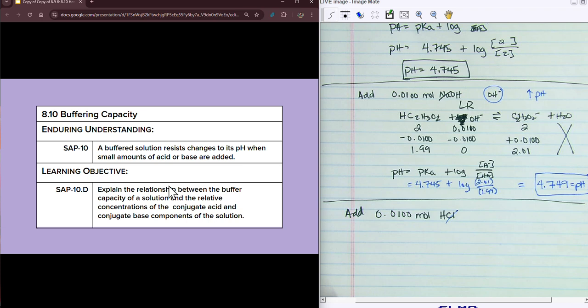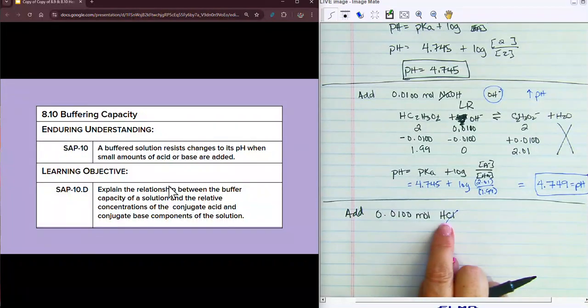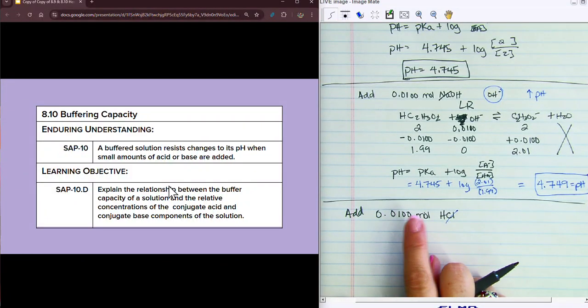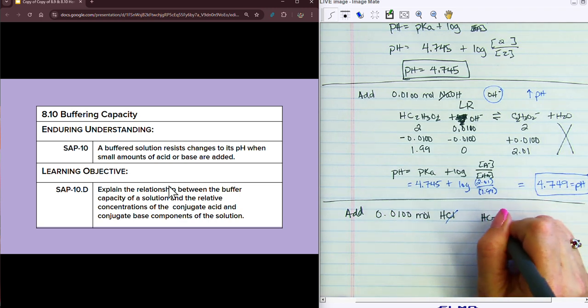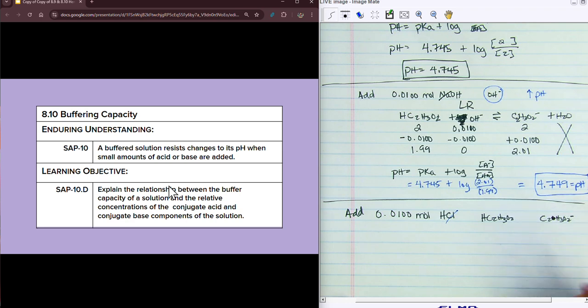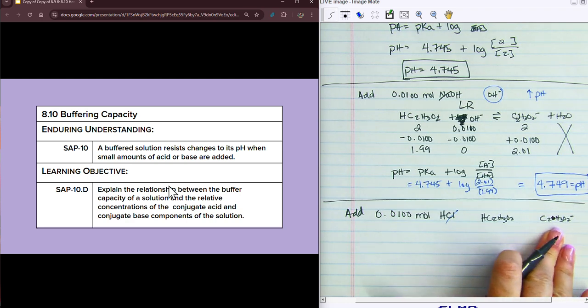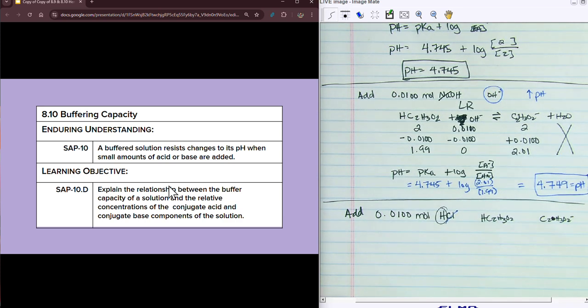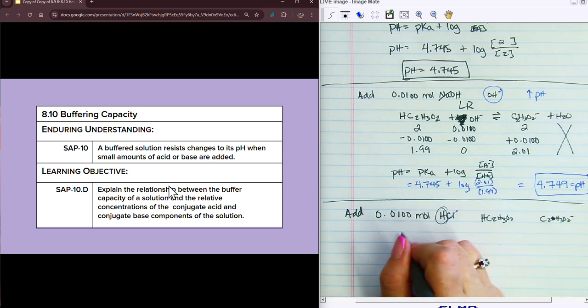Okay, well, HCl is just like the Na. I don't care about it. It means nothing to me. That means I'm adding this much H+. So think about what you've got going on here. I have this guy, my acid, and I have this guy, my conjugate base. Who is going to interact with this H+? Not this, because he already has his H. This one, right? So acetate